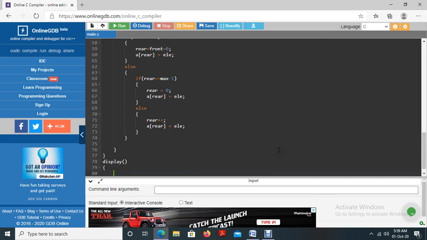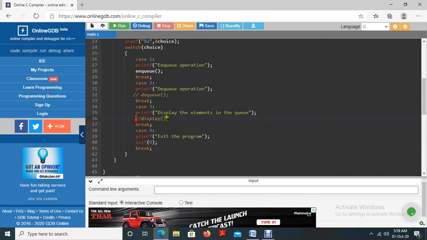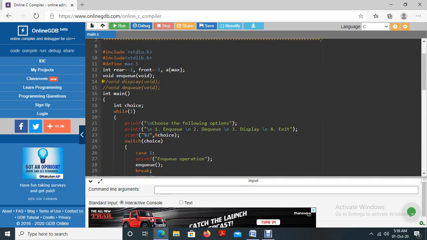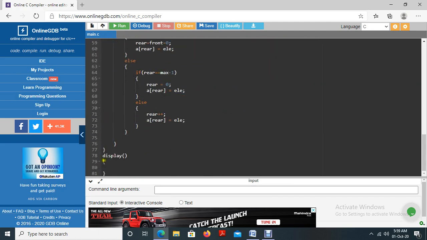Display of. Okay. So display of is a user-defined function. So what we have to do is to declare that user-defined function as well as call that user-defined function. So I declared. So declaration part is over. Again, I am using a void here. Okay, and declaration part is over.